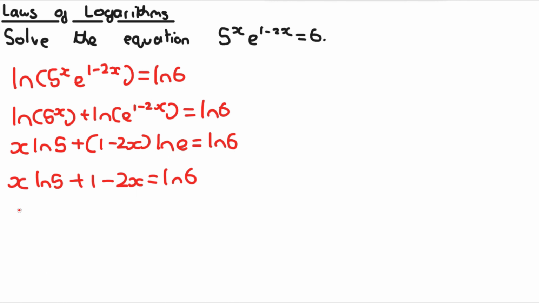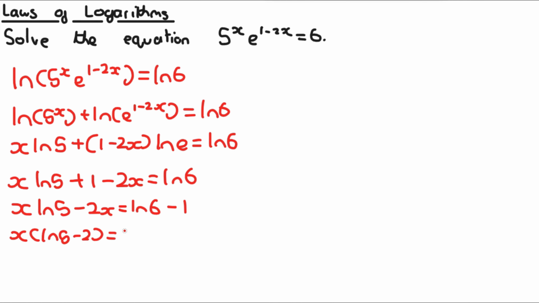I'm going to move the plus 1 onto the other side to do x natural log of 5 minus 2x is equal to the natural log of 6 minus 1. Factor out the x here to get x of the natural log of 5 minus 2 is equal to the natural log of 6 minus 1, and divide both sides by the natural log of 5 minus 2 to get x is equal to the natural log of 6 minus 1 over the natural log of 5 minus 2. Now, I wouldn't be surprised if they ask you to keep it in this form here, but if they want it in decimals, it's equal to minus